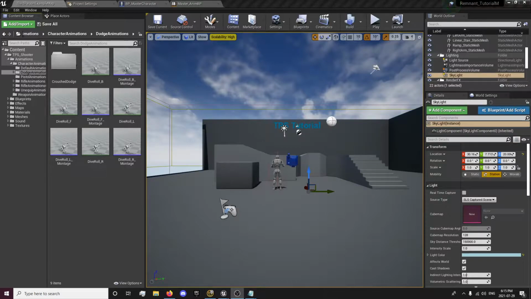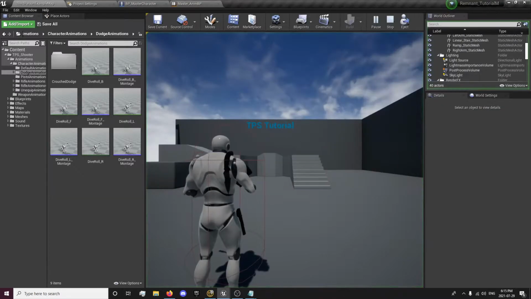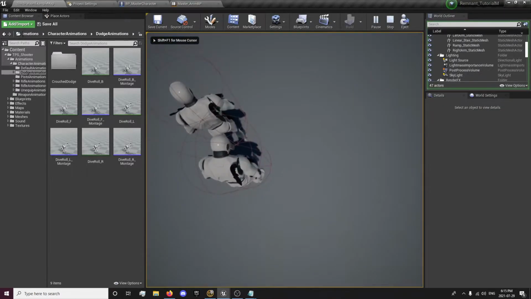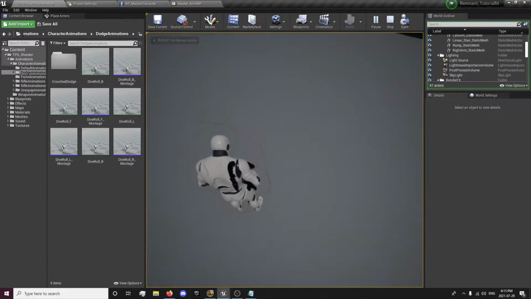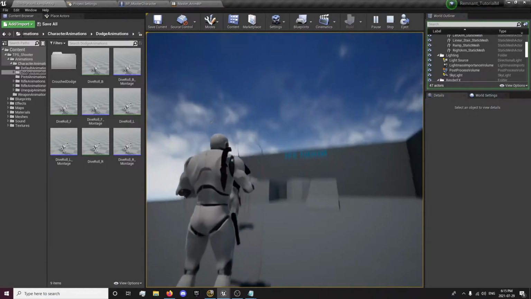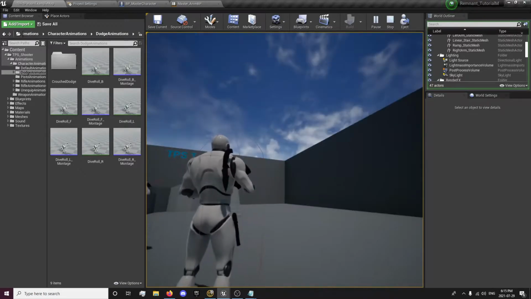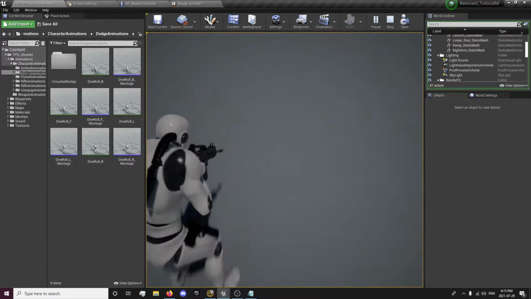In this episode, we're going to be setting up multiplayer spine rotation for up and down. So basically, when we look up and down, we'll be able to move our spine and part of our torso. You can see without our weapon aim, it's not doing the arms so much, but when we aim, it starts taking